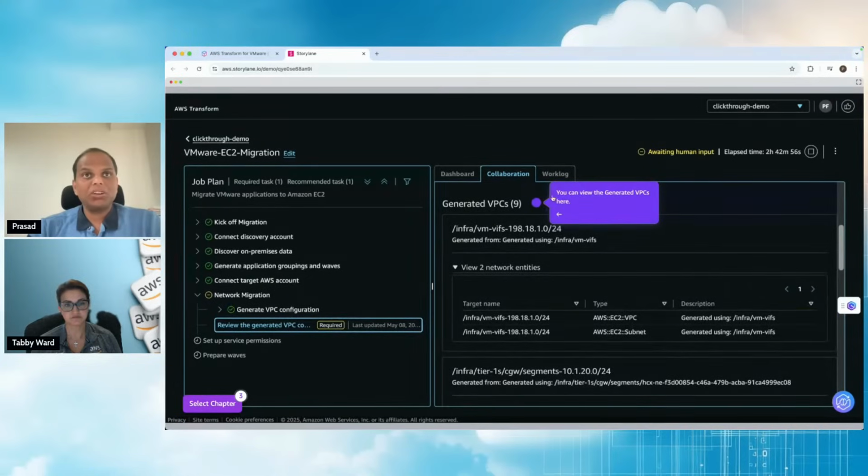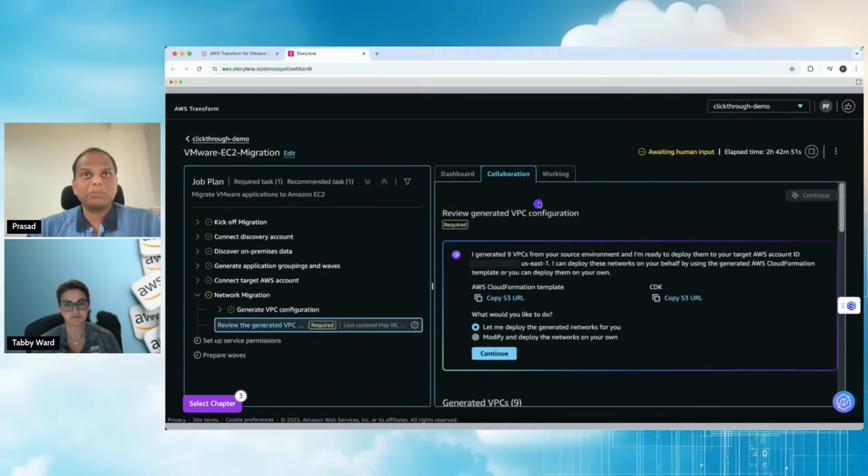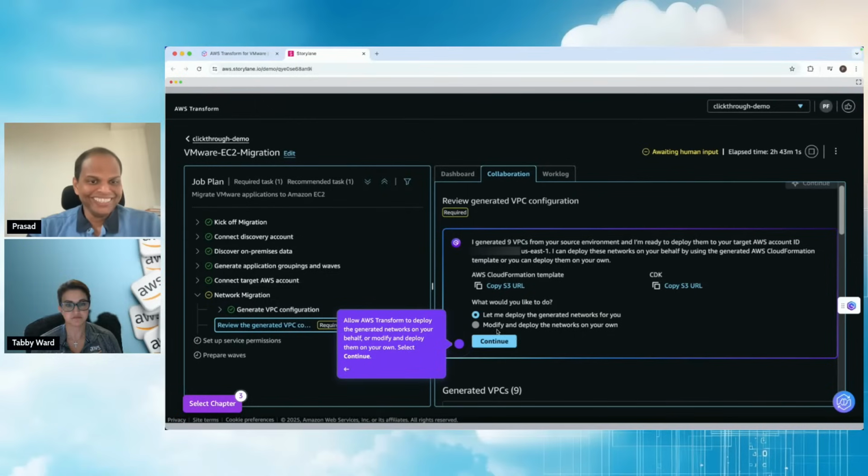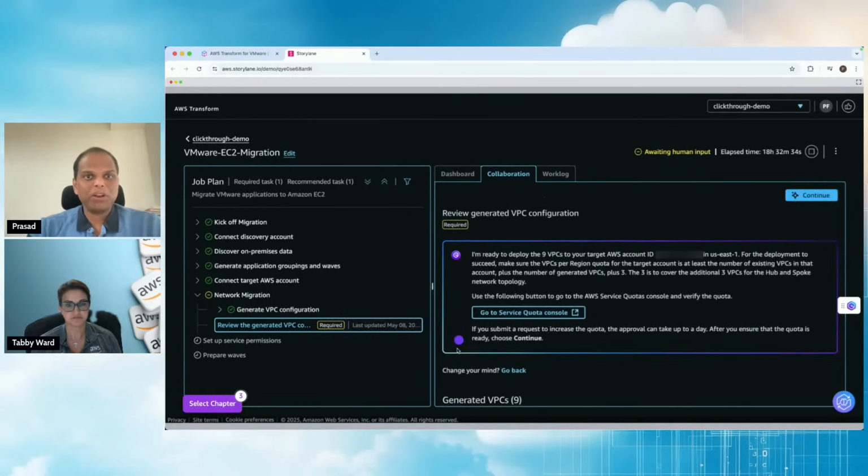And while generating the VPC configuration, there is a possibility at some points that it does provide you with a CloudFormation template to create the whole VPC structure for yourself. You can obviously download that, modify and deploy the network on your own. You can download it, make the changes, and deploy it on your own, or you can simply ask AWS Transform to do it on your behalf, right? Like outsourcing it.